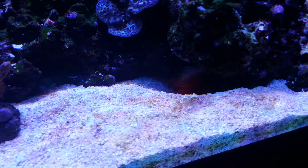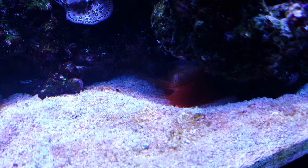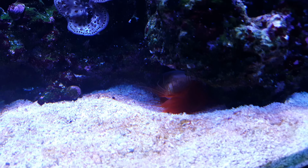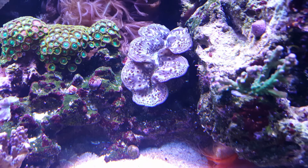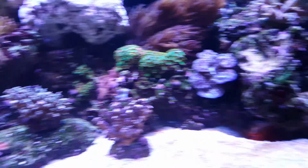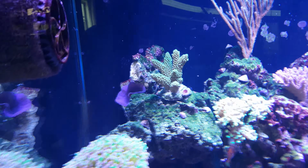And under here, it's hard to see, but we have an electric flame scallop. I had 2 of them. The other one disappeared in the back somewhere. Here we have another clam, doing really well. And then if we go back here, nice piece of